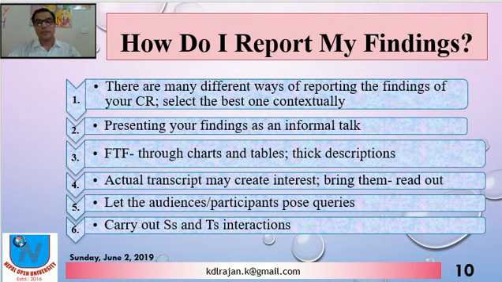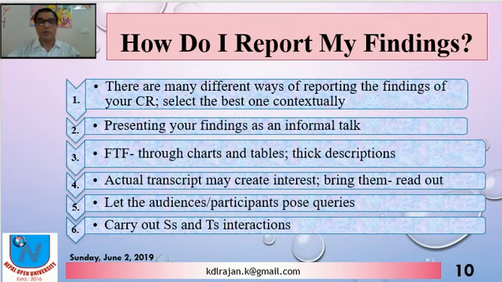There are many different ways of reporting your findings of your classroom research, and you can select contextually again. You can present your findings as an informal talk with your colleagues, with your students, with your administrators. So that is one way of reporting the findings.